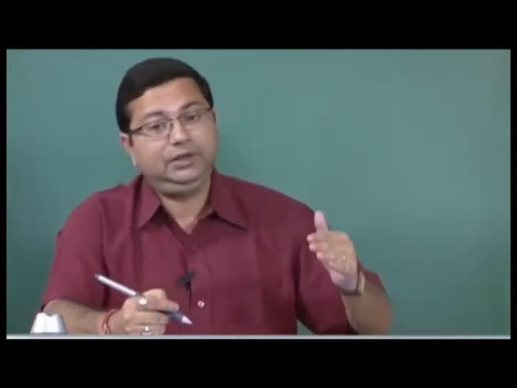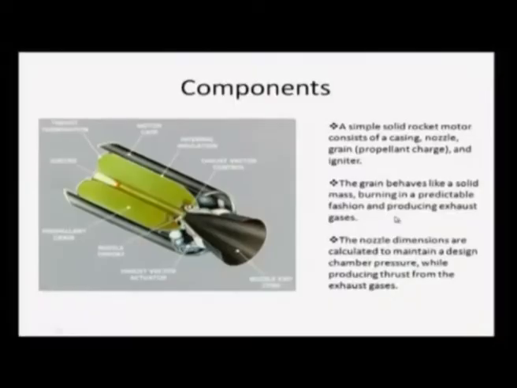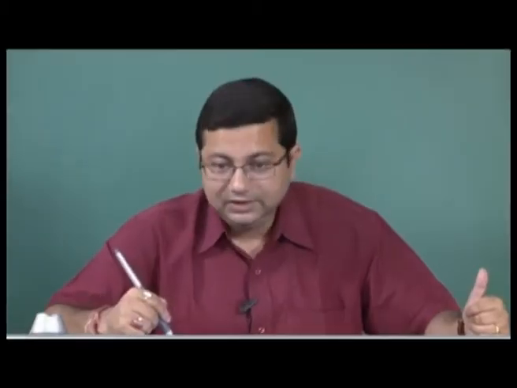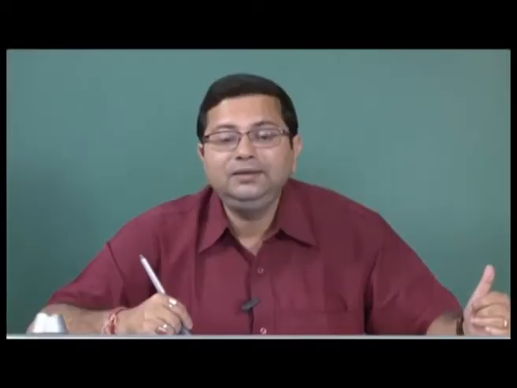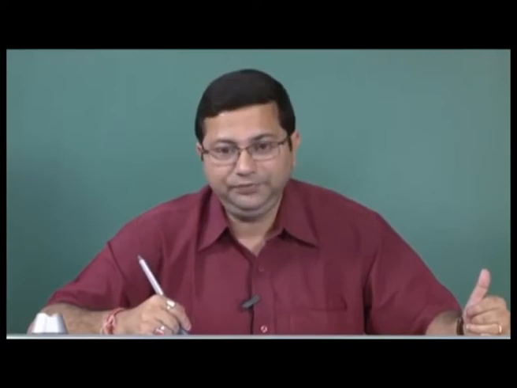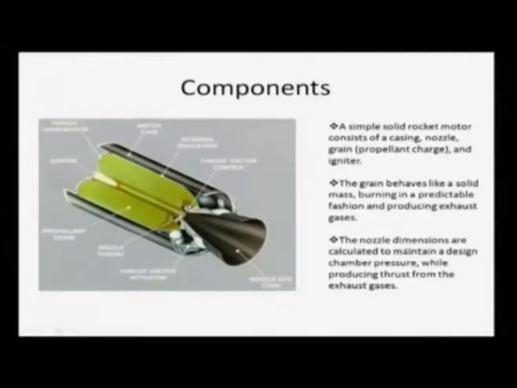So, therefore, the grain is designed in such a way that it will burn in a predictable fashion and thus produce the exhaust gases. The nozzle dimensions, on the other hand, we have talked about nozzle design in detail. The nozzle dimensions are calculated to maintain a design chamber pressure P_C0. Okay, we will discuss this also, while producing the thrust from the exhaust gases, because the thrust will depend on